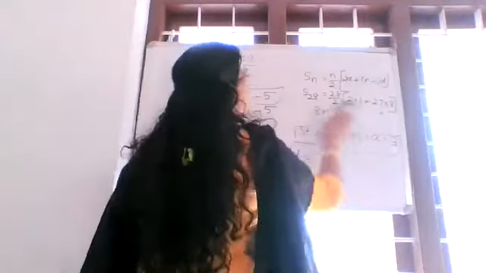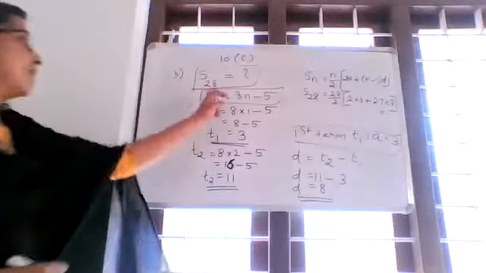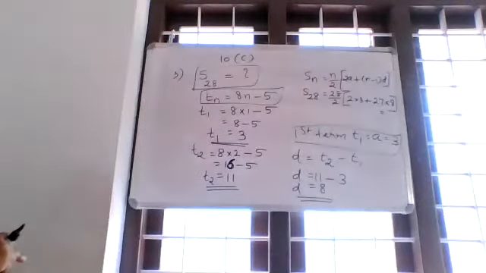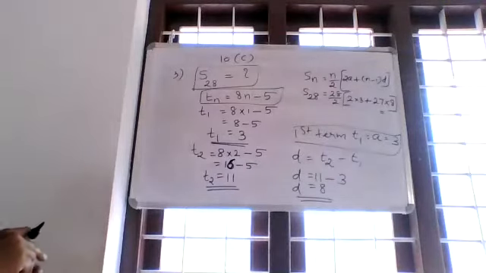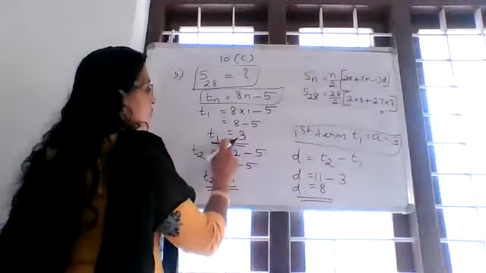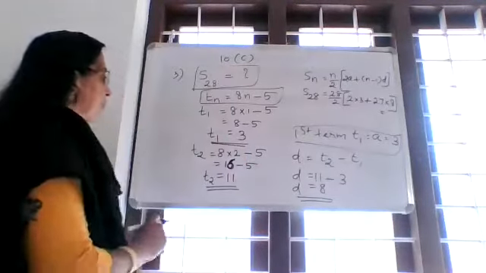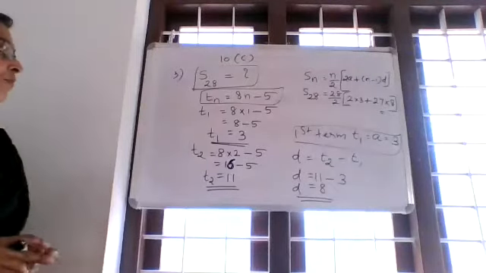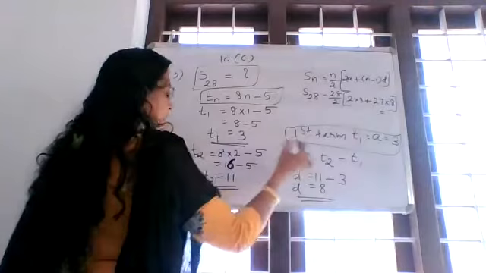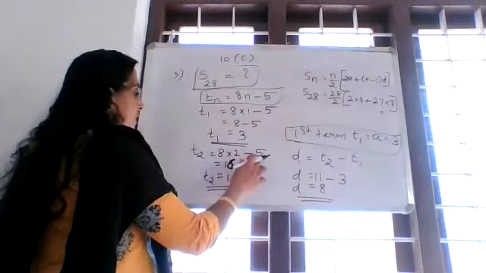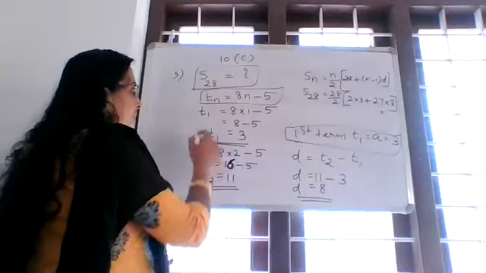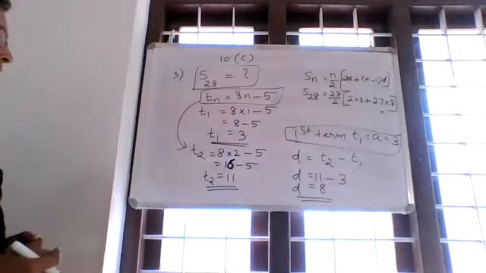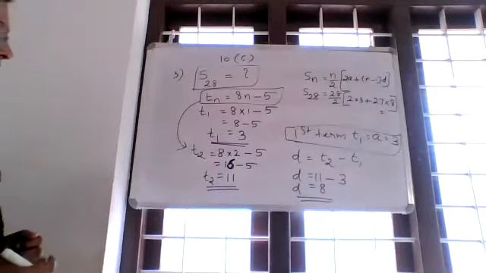Okay, so start. Up to where you wrote? Tn is equal to 8n minus 5. So T1 is equal to 8 into 1 minus 5. So T1 is equal to 8 minus 5, 3. Completed up to that. Then write down T2. T2 is equal to 8 into 2 minus 5. n stands for 2. Substitute n as 2. So 16 minus 5 is equal to 11.